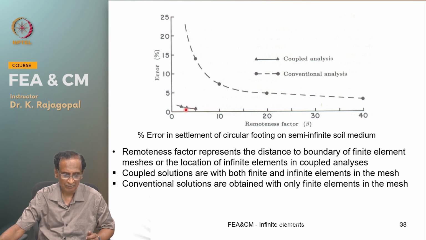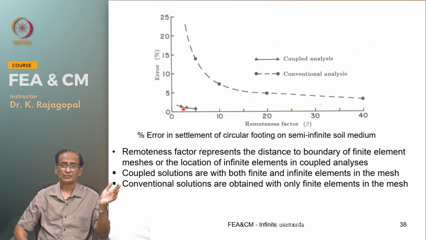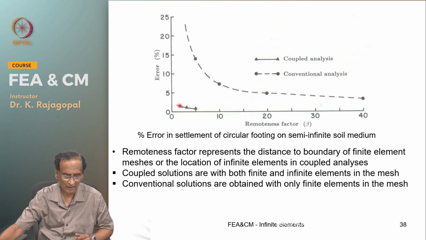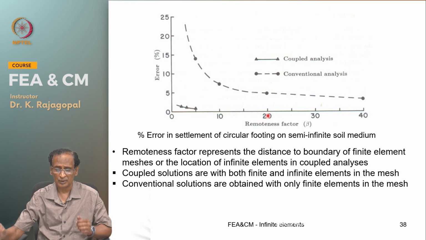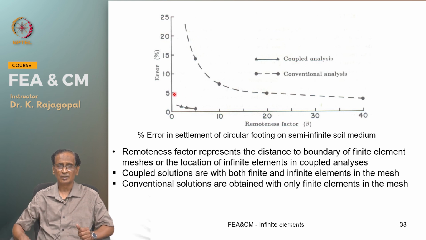This line corresponds to coupled analysis, where you have used both finite and infinite elements, and the percentage error is very small, of the order of 1%, whereas with conventional finite element analysis, even when you put the boundary restraint at 20 times the footing width, there is still about 5% error in the displacement that you predict,